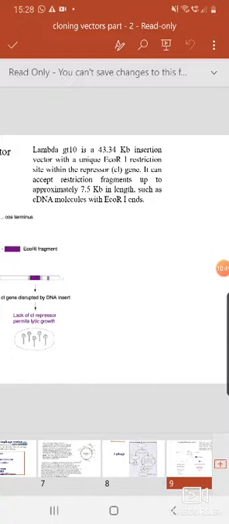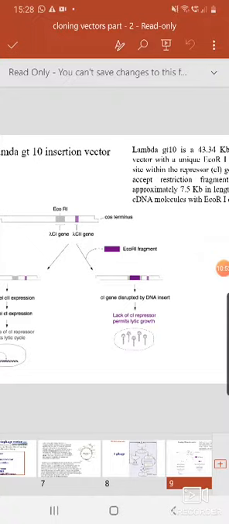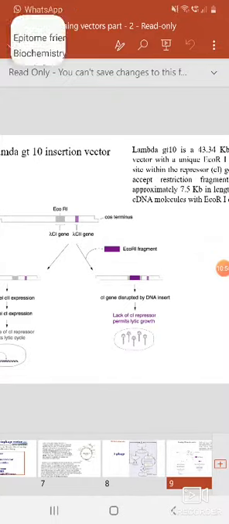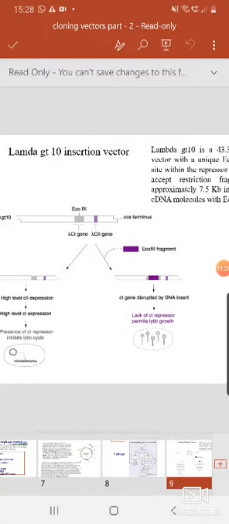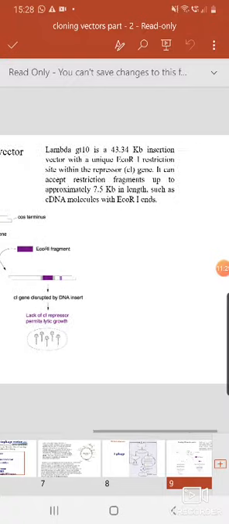It can accept a linear DNA. If you cut with a restriction enzyme, you are going to get two arms, a left hand side arm and a right hand side arm. So it can only accommodate 7.5 kb. Remember, the lambda genome ultimately needs to be packaged inside the lambda head, so the maximum capacity is about 50 kb, not more than that. It cannot accommodate more than that amount of DNA in its head. So 7.5 kb is the only amount of DNA you can insert. But the beauty is that it has been extensively used for cDNA cloning as well as genomic DNA cloning.